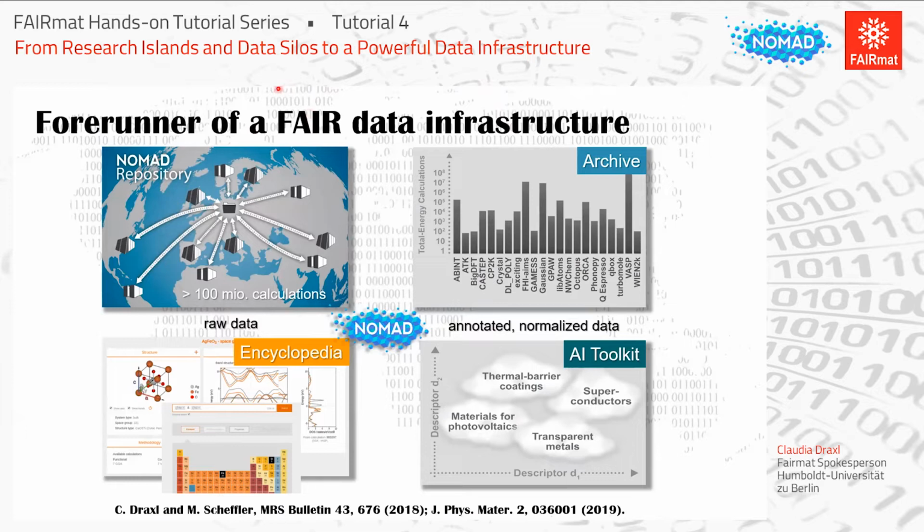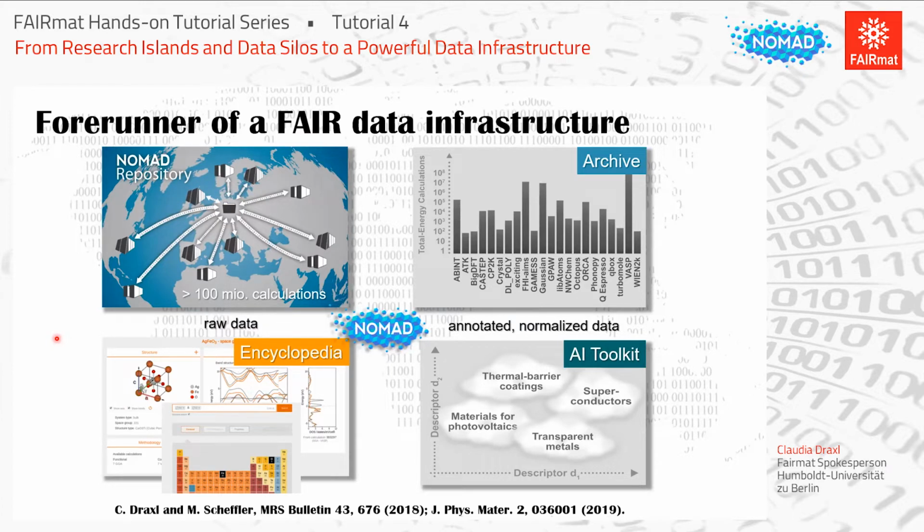And it's FAIR, already much longer. I said we started in 2012, we made it public in 2014, so long before the term FAIR was coined. But you see from these 4 pictures that this database fulfilled already several years ago the standards of being FAIR, in the sense that data are findable, so uploaded data, of course, can be found again. They're accessible, of course, because you can also download the data again, but we made it also human accessible in the way that we created the Nomad Encyclopedia that shows in a pictorial way what people have computed all